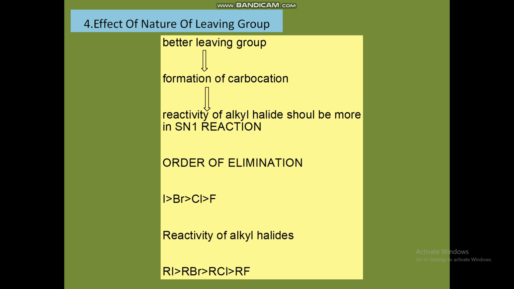Effect of the nature of the leaving group on SN1 reactions. In the SN1 reaction, the first step is the formation of